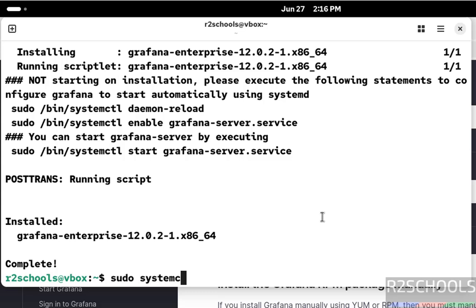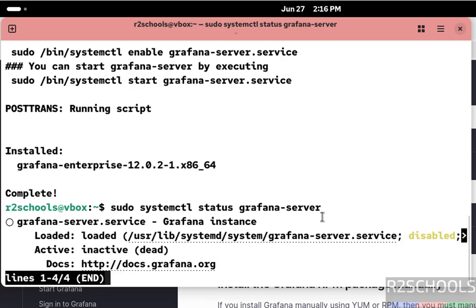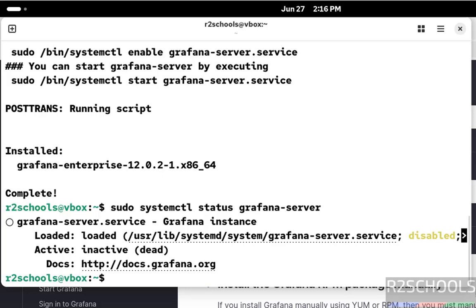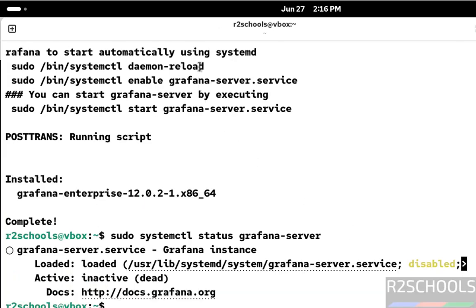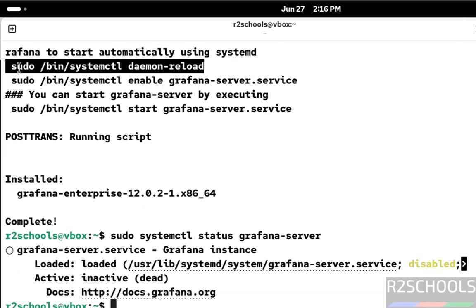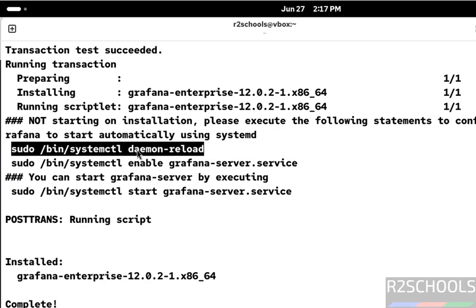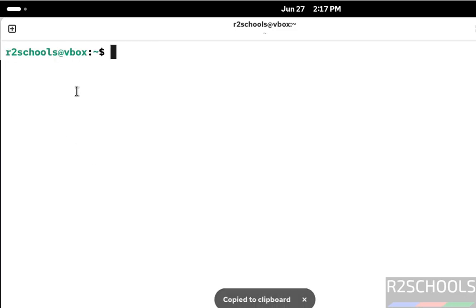Sudo systemctl status grafana-server. See, Grafana server is installed, but it is not started. Okay, quit. But before starting, we have to run this daemon-reload command. So copy it, Ctrl A,